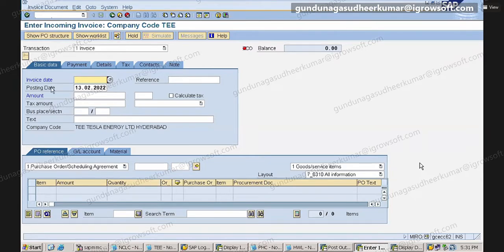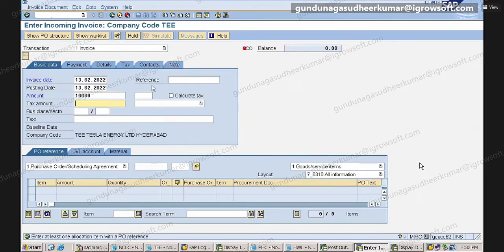Correct. Normally here we have a GL account based posting. Yes, sir. Actually, in real time, we will work with that GL account using the plant code and everything. We will post the non-PO also in MIRO. There is another long track for that, but the purchase order is the main thing. Using the plant code and GR reference, we will post it. Yes, at least one allocation with a PO reference. So the PO reference is not here, it is somewhere else. Correct.